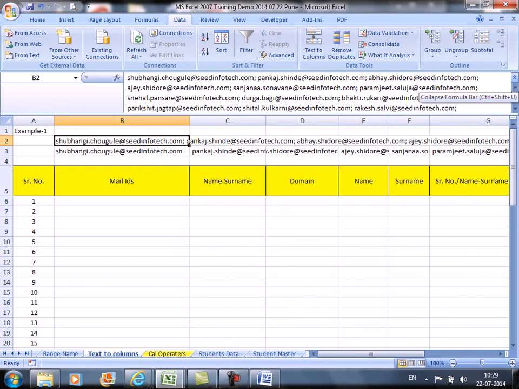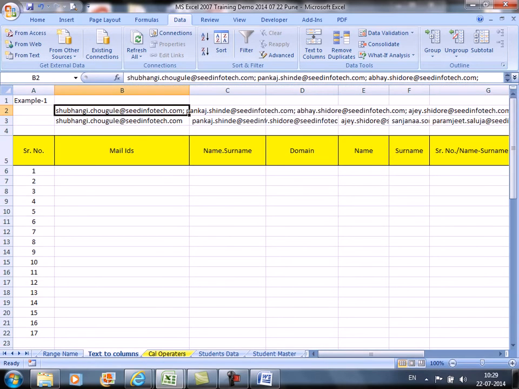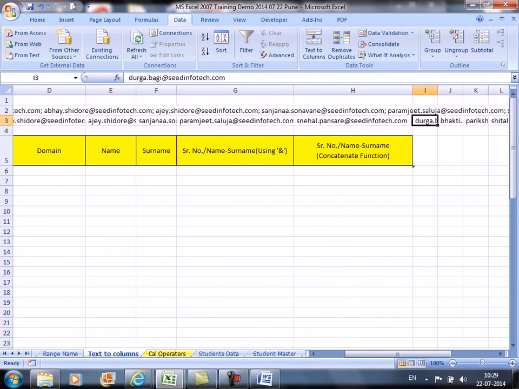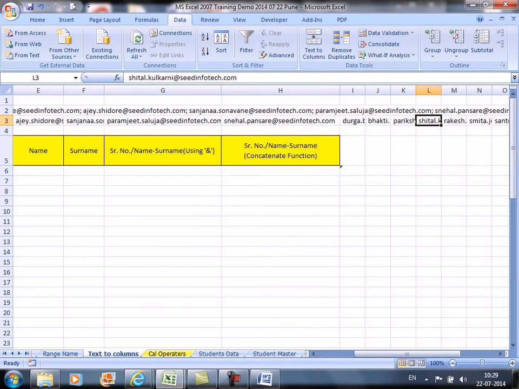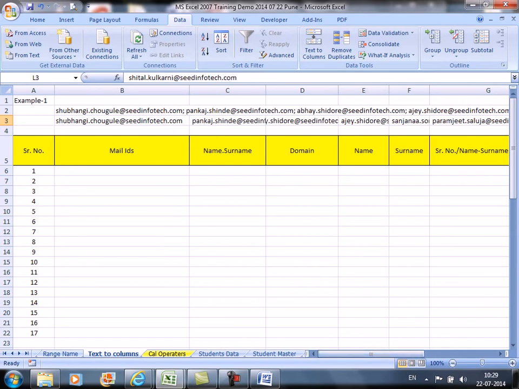Here you have multiple mail IDs, wherein you have individual mail IDs in different cells. Are you getting it?